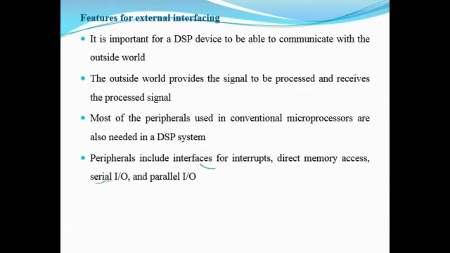These serial or parallel IO devices can also be used as peripherals for a DSP device, wherein we take an analog signal, convert it and process it using a DSP device. And once the processing is done, we can easily transfer this to the external world, like connecting some peripheral to this particular DSP system,